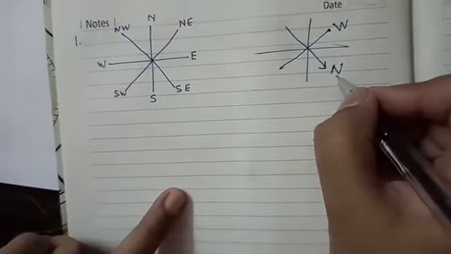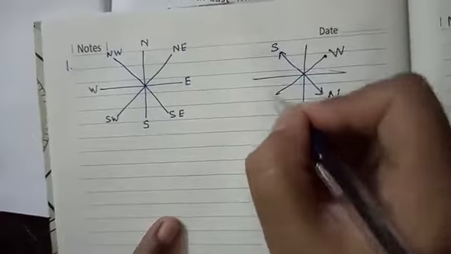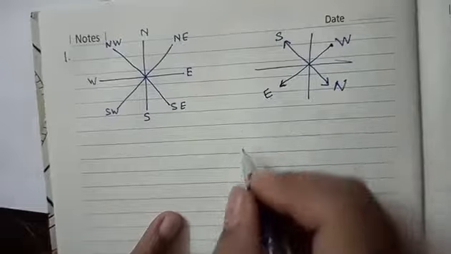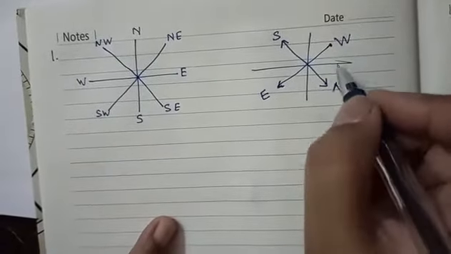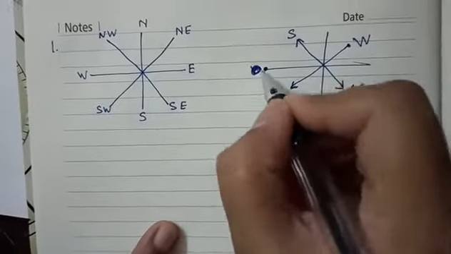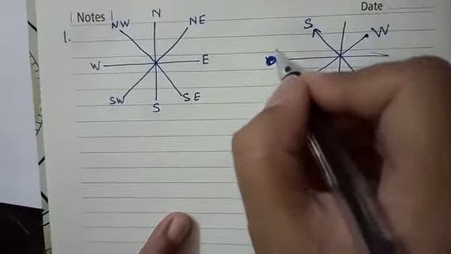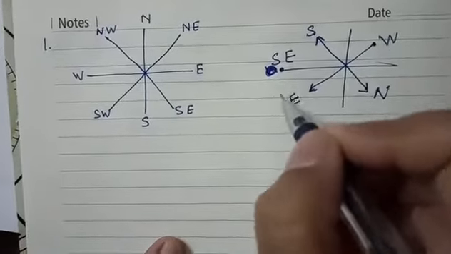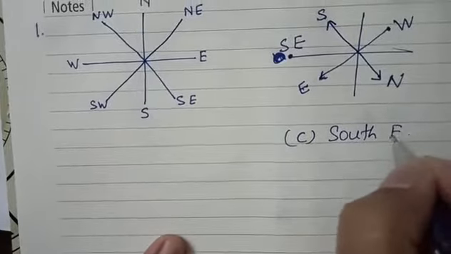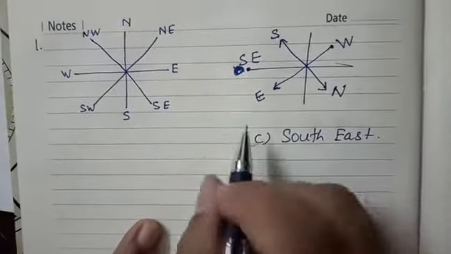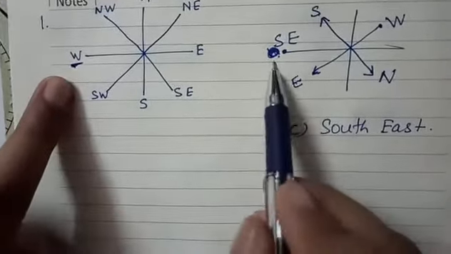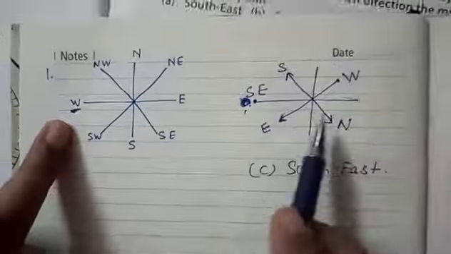So this is north, opposite to north this will be south, and this is west, so opposite to this will be east. So we want to find out what will west become. So this is the usual west direction. This will become, between south and east, so this will become southeast. So our answer is C part, that is southeast. So our usual west direction will become southeast when we are rotating.